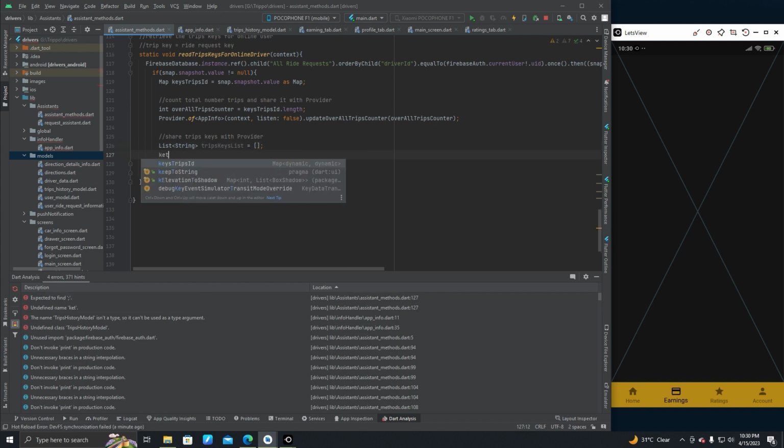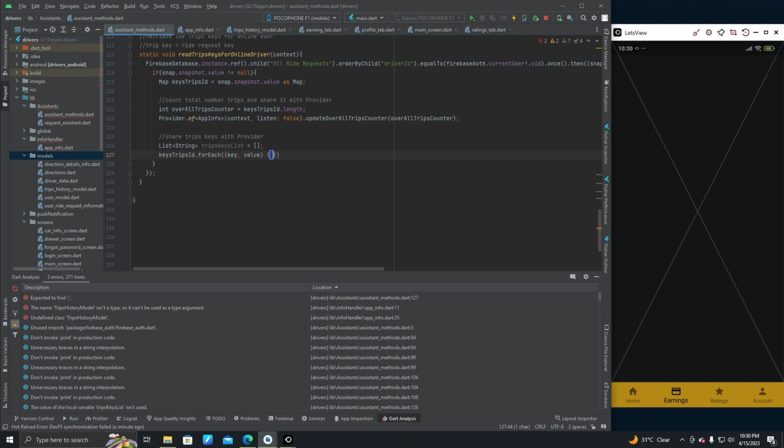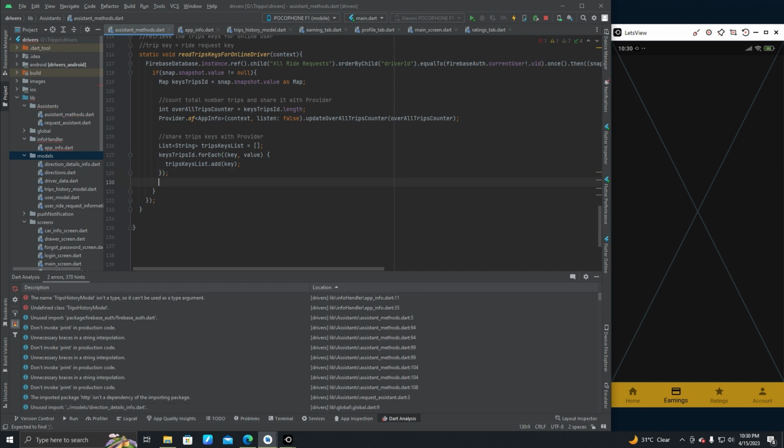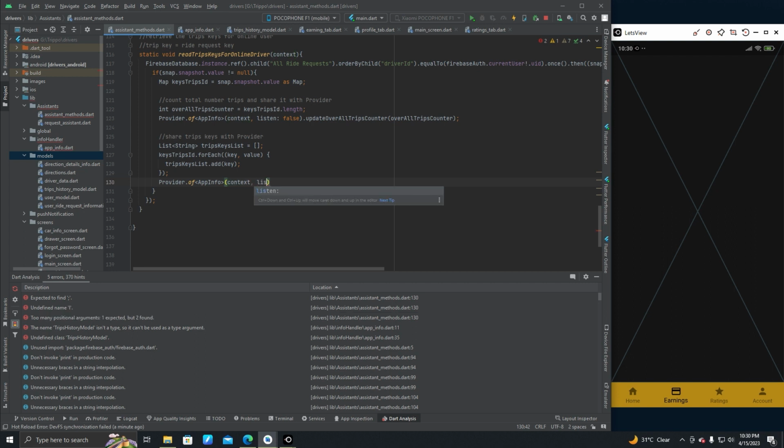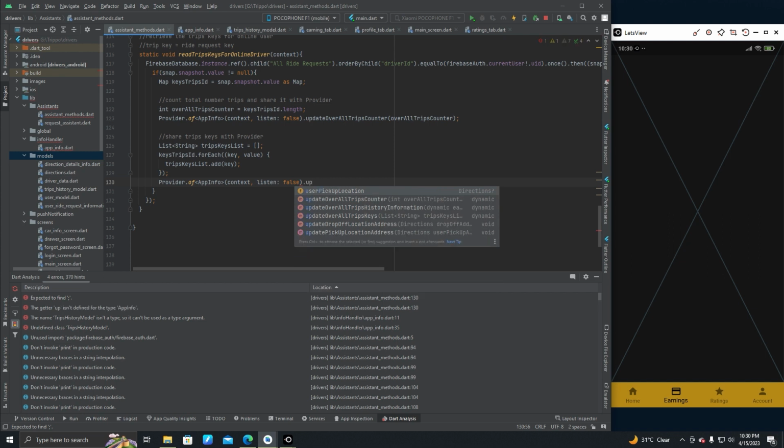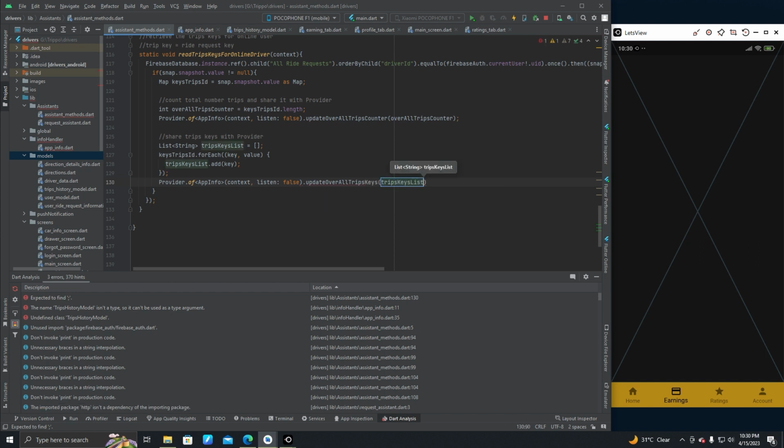So keys trips id dot for each trips keys list dot add key. So provider dot of app info listen false dot update overall trips keys list,